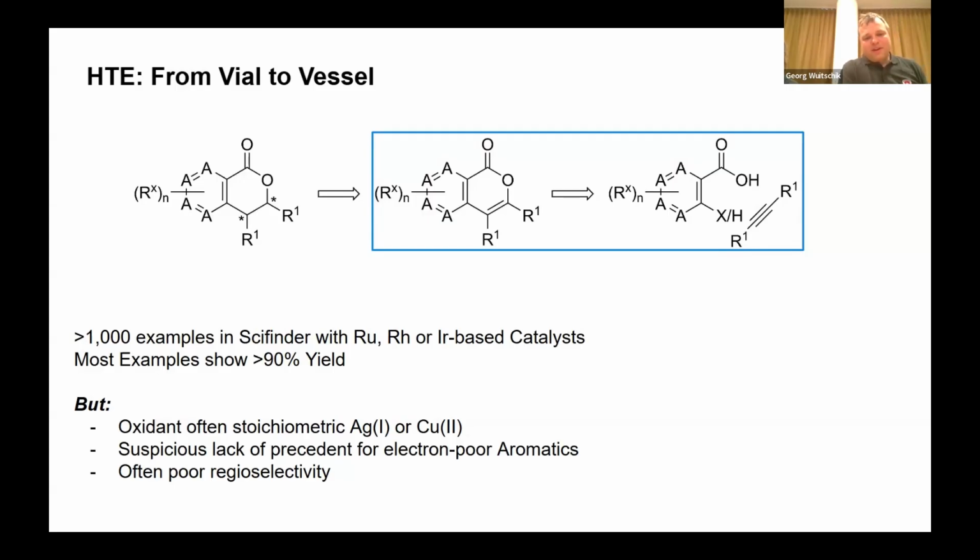But the problem is that often you need stoichiometric silver or copper as an oxidant. We're talking here about the reaction where the substituent here is an H. You also had a suspicious lack of precedent for electron-poor aromatics, and as you can imagine, these A's here are there for a reason, so there was at least one nitrogen in that ring. And as long as this is not symmetric, so say here there was a second flanking hydrogen, poor regioselectivity was observed